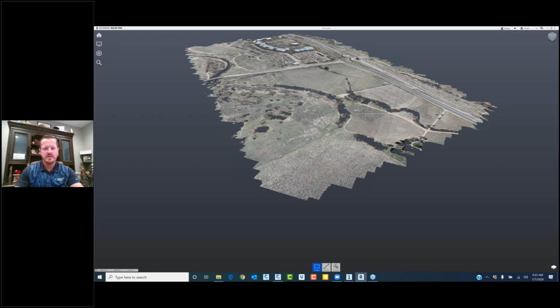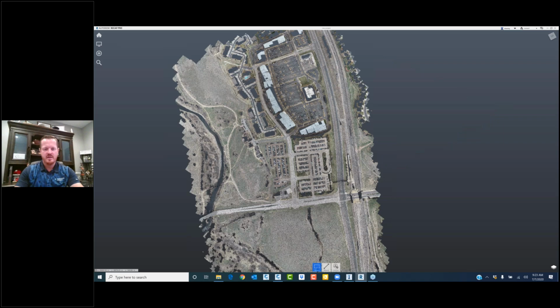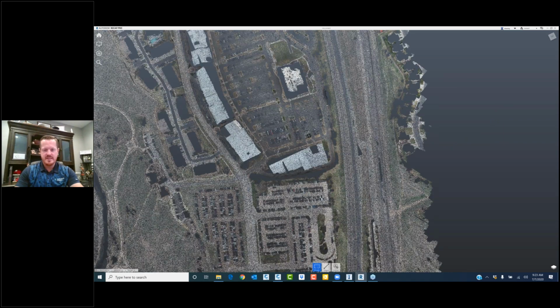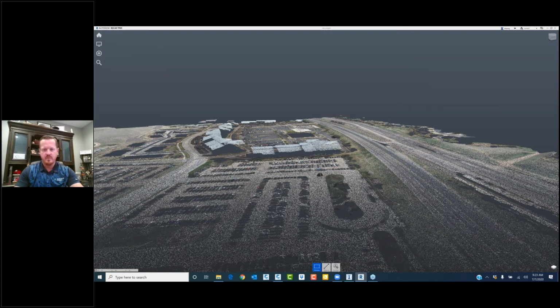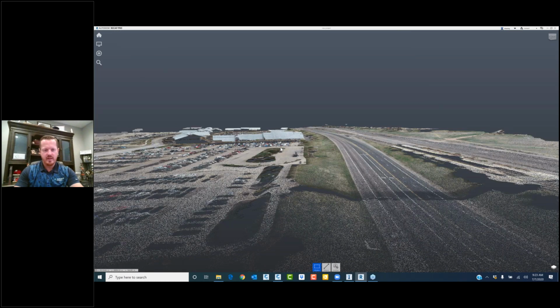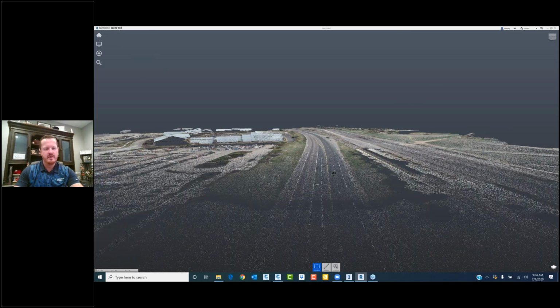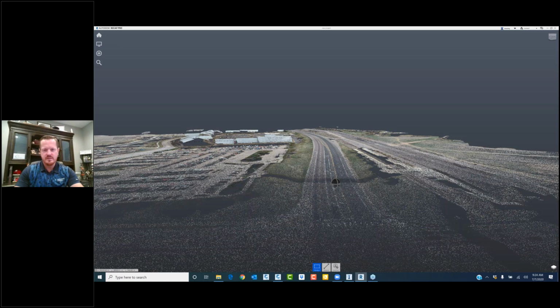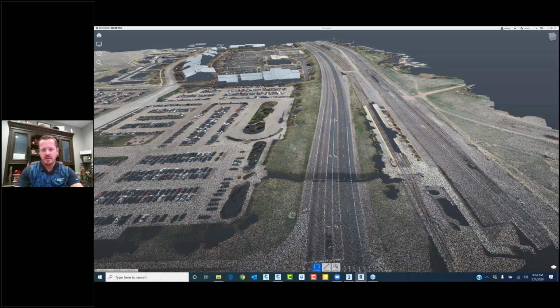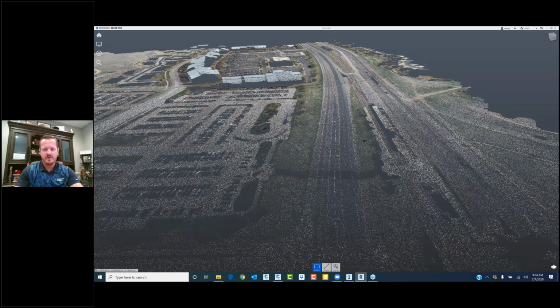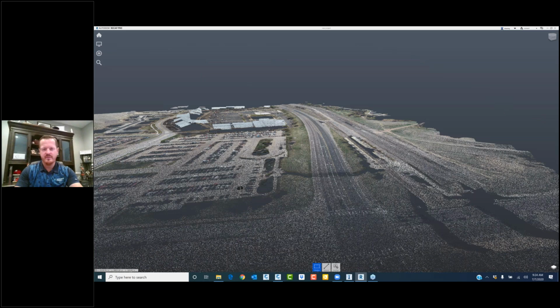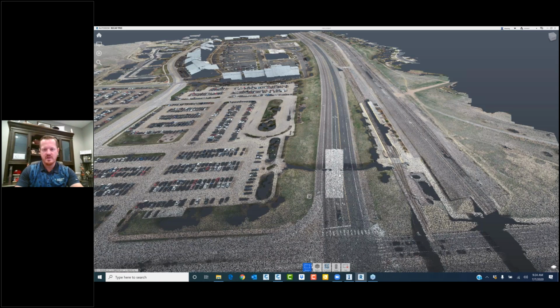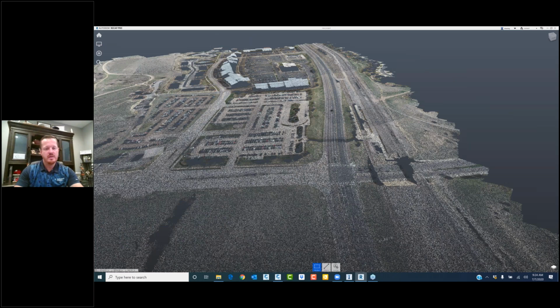So the point cloud is going to look the same when I go to classify it. You can see a lot of this stuff has been taken out. The bridge, for example, right here has been removed from that point cloud. I left the buildings in, but I can turn that off in Civil. As you can see, it went through and stripped out trees, this bridge, and a lot of the cars. It doesn't get 100% of everything. Nothing ever does,